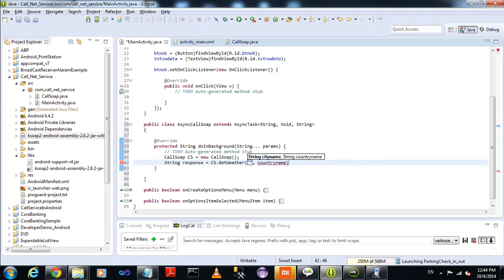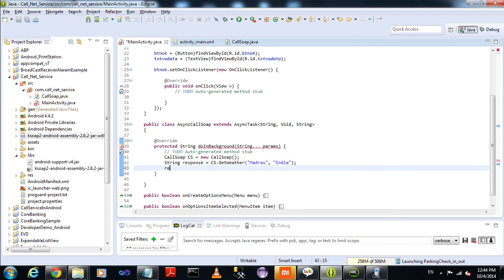The city name is Madras and the country name is India, and just return the response. Now there is another overridable method.